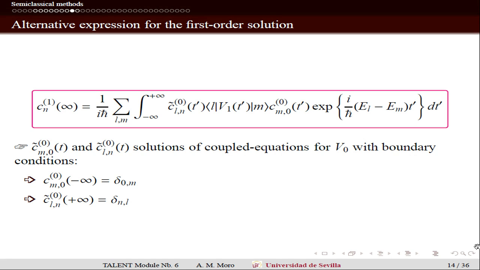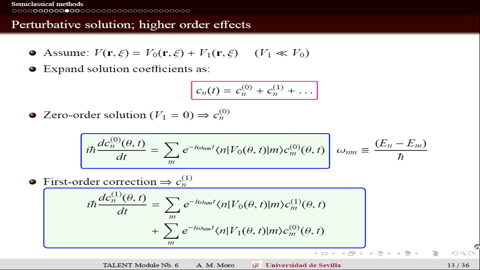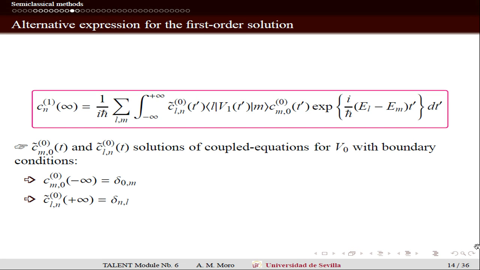So we start from plus infinity with some initial state, that is the L state here, and then we go back in time, backward in time, and the system can eventually populate other states. But both coefficients are solutions of this system of equations. So the solution for the V0 with different boundary conditions. So I write the expression in this way because this is very similar to the result that in the quantum